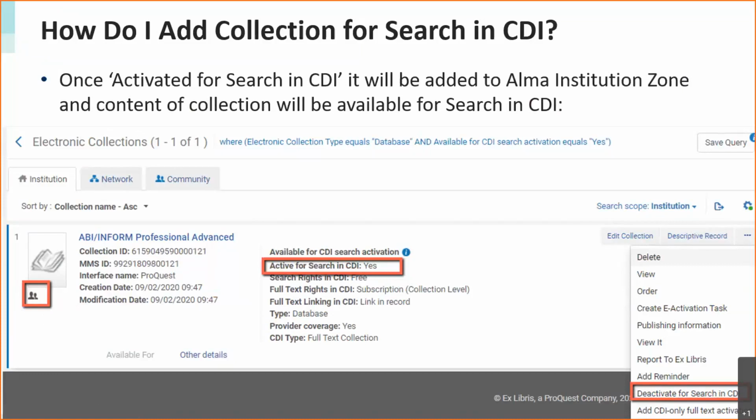The fact that you activated it for search will be published to CDI. CDI will know that it needs to mark all of the content of this collection as searchable, and therefore you will be able to search for it. Of course, you have the option to deactivate it for search in CDI as well. But that's how you get a collection to be searchable in CDI when you don't have it active.